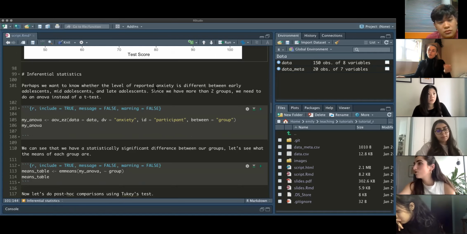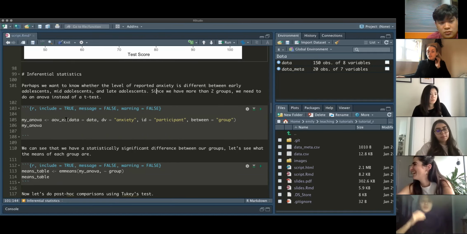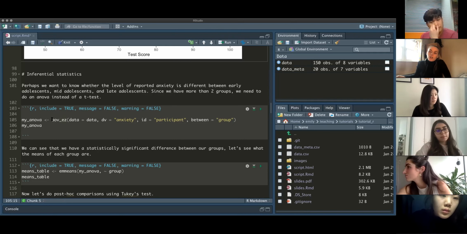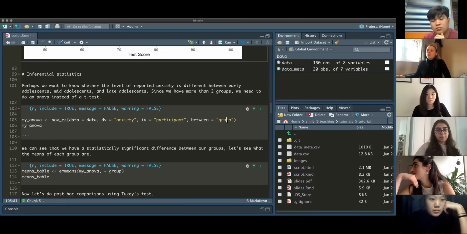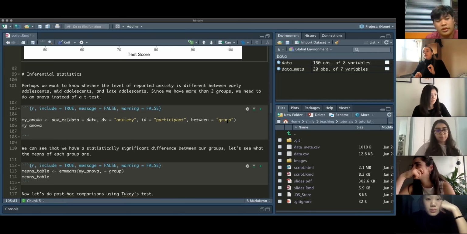So since we have more than 2 groups, we need to do ANOVA instead of a t-test like we did earlier. So there's this package called Easy ANOVA or something. It's at the top. And all you do is basically put in your data set, your dependent variable, which will be anxiety in this case, the ID, so what's your participant ID? And then between group, because we want to look at the differences in the dependent variable anxiety between early, mid,